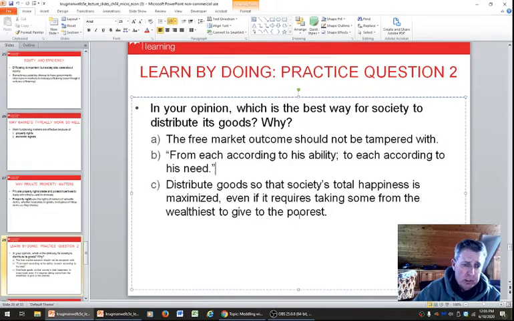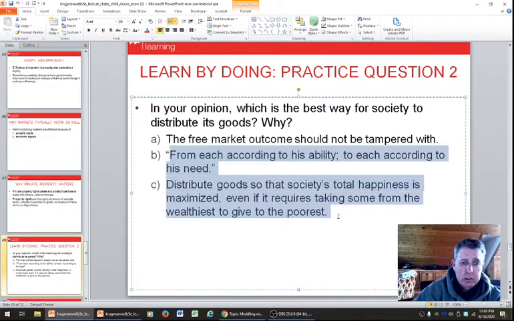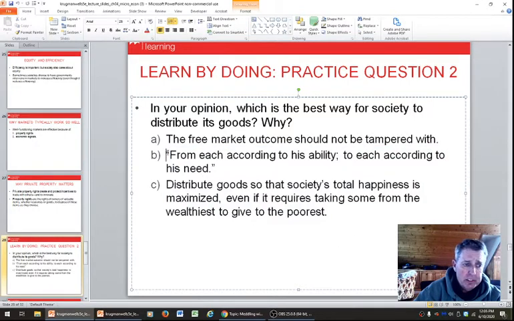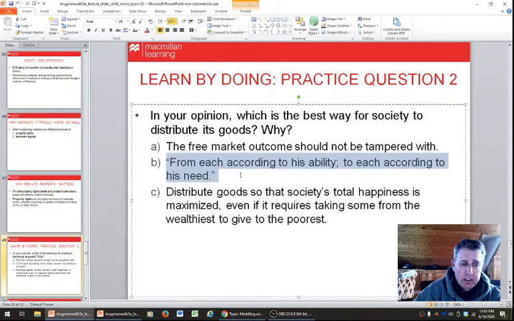So distribute goods so that society's total happiness is maximized, even if it requires taking some from the wealthiest to give to the poorest. C and B are the same. That's it. So you have A, and then you have B, C, D, E, F, G. Any way you want to put this, it's the same thing. It always requires force, and you can hate the wealthy. Something to think about when you think about this, if you sit and think about it, and this is what